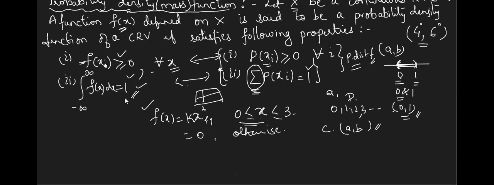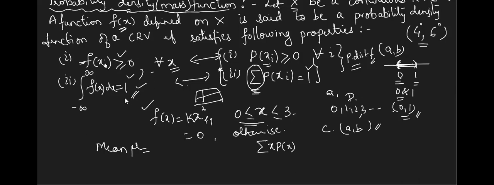Now here we have to find two more things, that is mean and variance. So do you remember what is the mean for a discrete random variable? For a probability distribution function, how have we taken mean? Formula? Summation of x into p of x. P of x we have taken, probability of x. Can you guess what should be the mean here? What should be mean now? Summation of x into f of x.